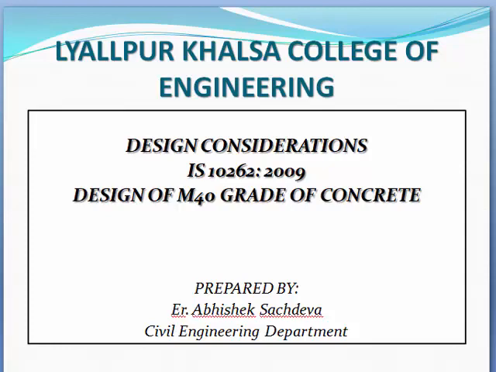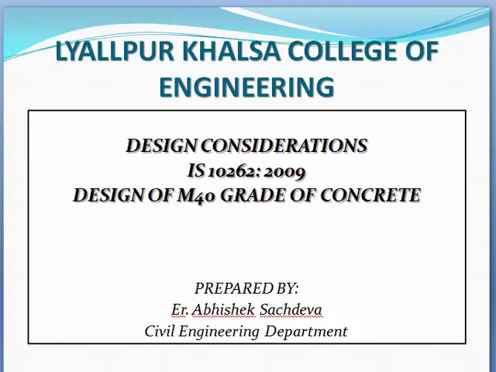So step by step we have discussed in the last lecture also the mix design of M40 grade of concrete, and I have highlighted the various paragraphs. I have focused on various clauses of IS 10262 2009 which are basically interlinked or correlated with the design parameters